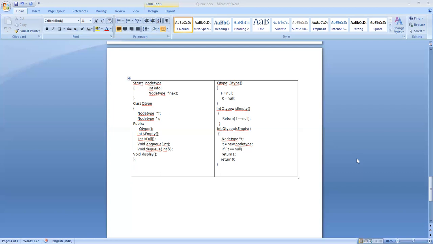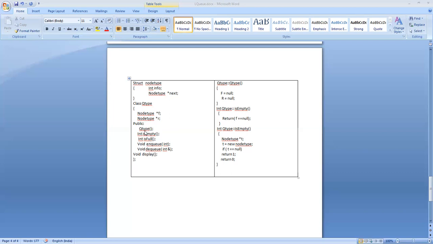Then we started with the queue as a pointer concept, implemented using pointers. In the last class, we defined a queue as a queue class with two local variables, f and r. F is a pointer for the first node of the queue. R is a pointer for the last node of the queue. And in this constructor, we initialize this front and rear.